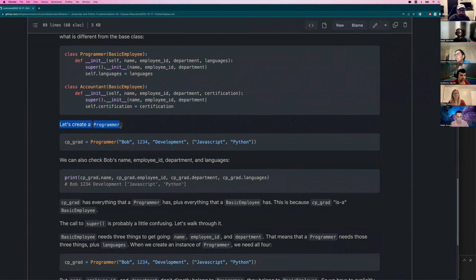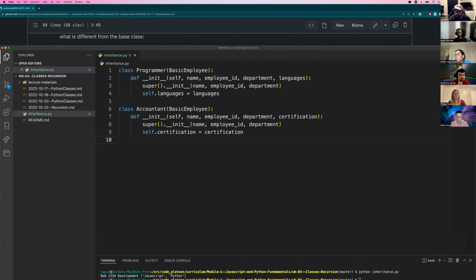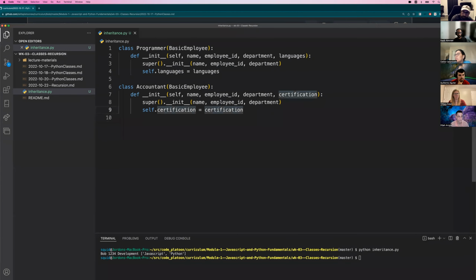So if we want to create a programmer, we're going to do it as we have gotten used to. Create a variable, reference Programmer, and just like it's expecting, name, employee ID, department, languages, we're doing that. And then if everything's plugged in right, it should work.